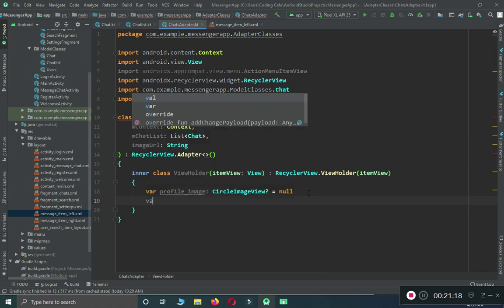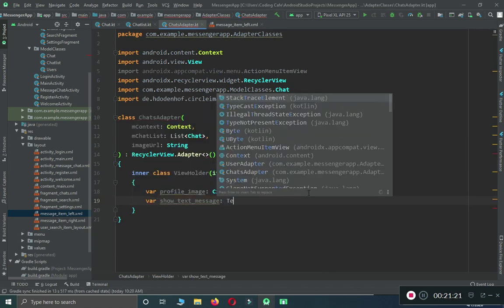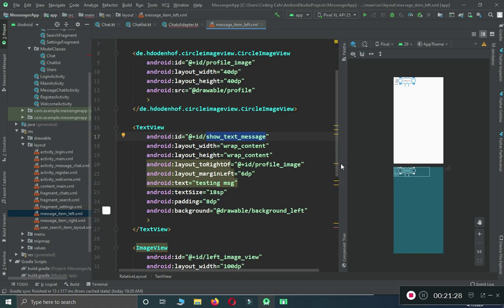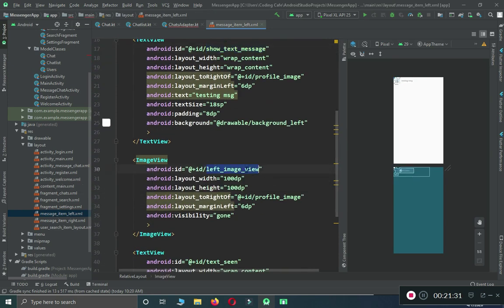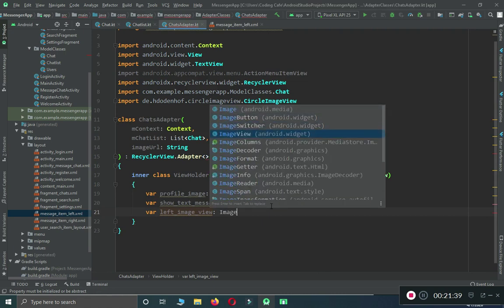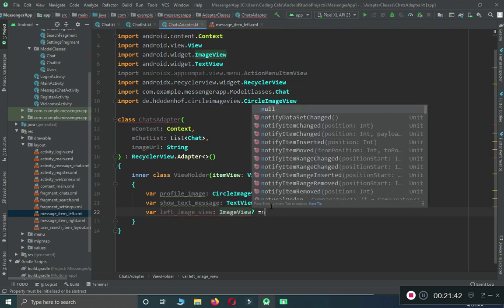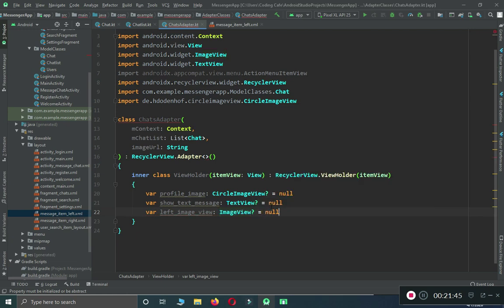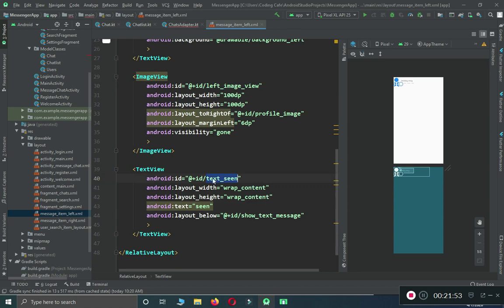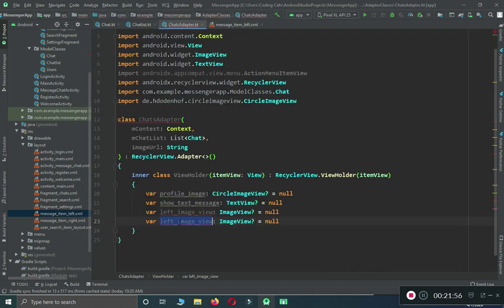So we can say var text view, and then we have our left image view. So var left image view, which is of type ImageView, initialize this with null, and then let's copy paste this quickly. We have the other one, which is text seen. Change this to it, and it is of type